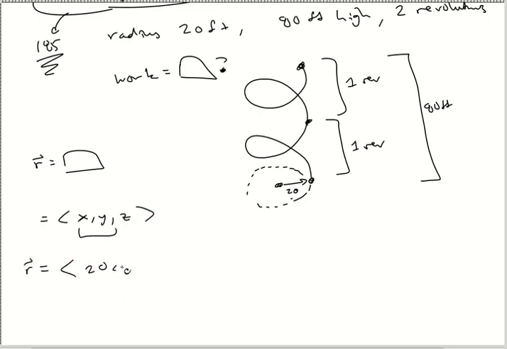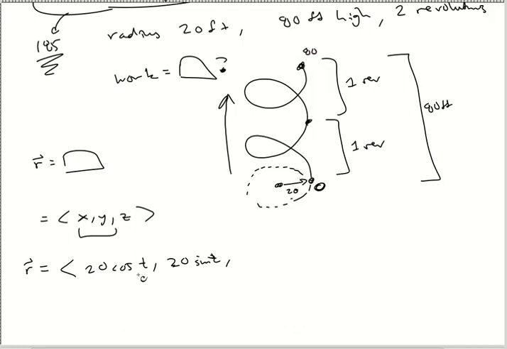Well, that's going to be 20 cosine of t, 20 sine of t. Okay. Now I just need to find out what my z is going to be. Well, notice that it's increasing linearly. So it's essentially a linear function that's going to go up all the way there. And you can kind of say you start at 0 and you're going to go up to 80 in a